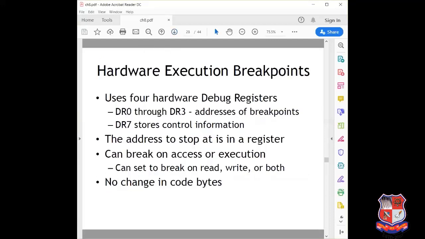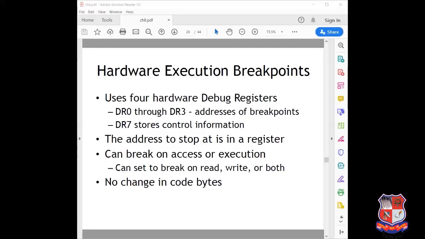Now the next one, the hardware execution breakpoint. It is designed in the x86 architecture, and it is supported by particular dedicated hardware registers.